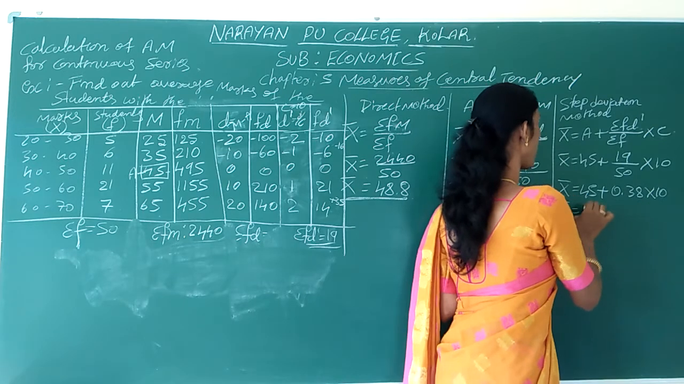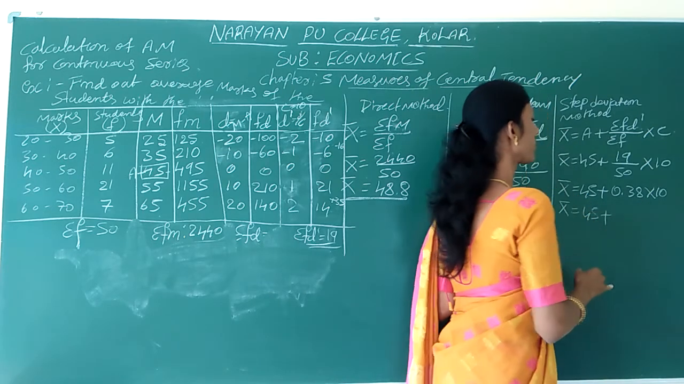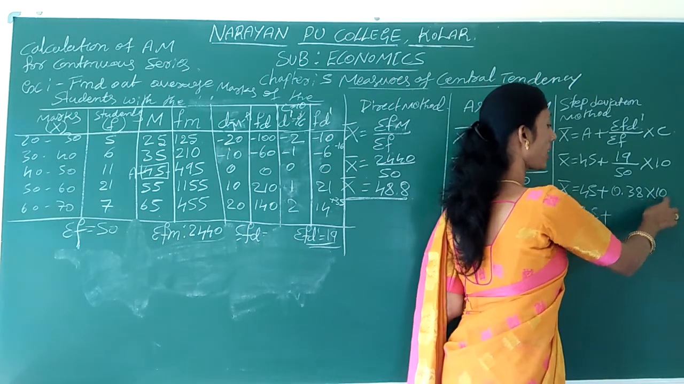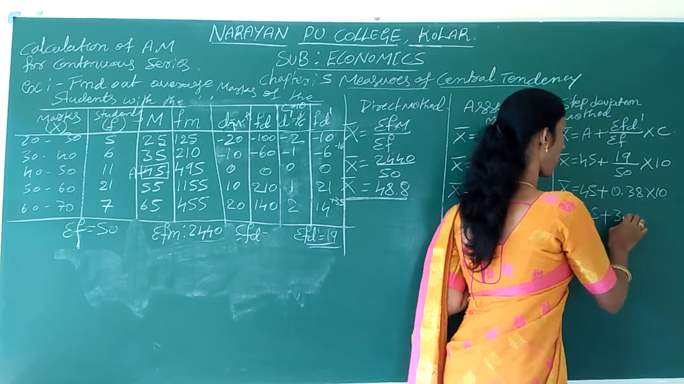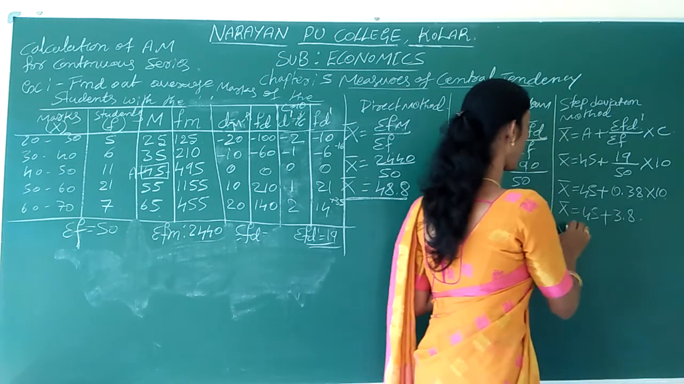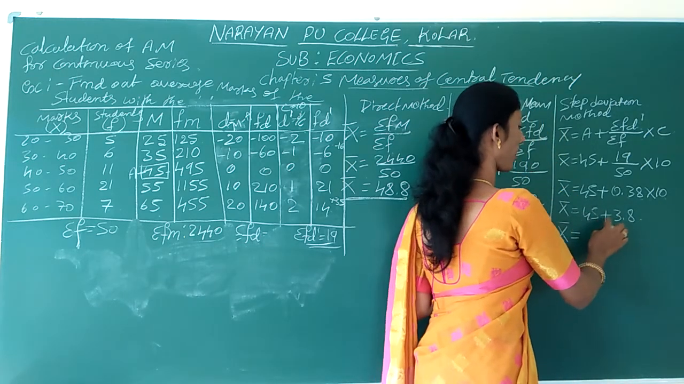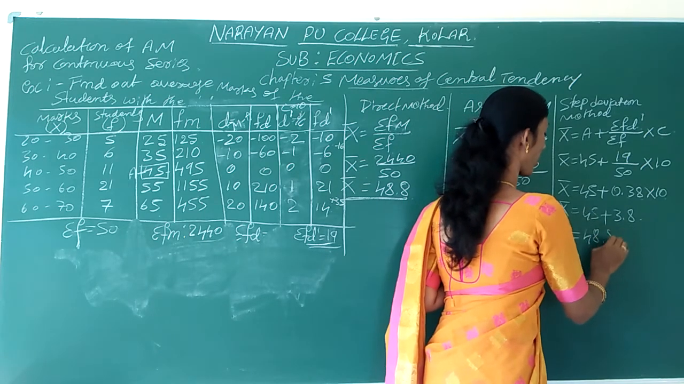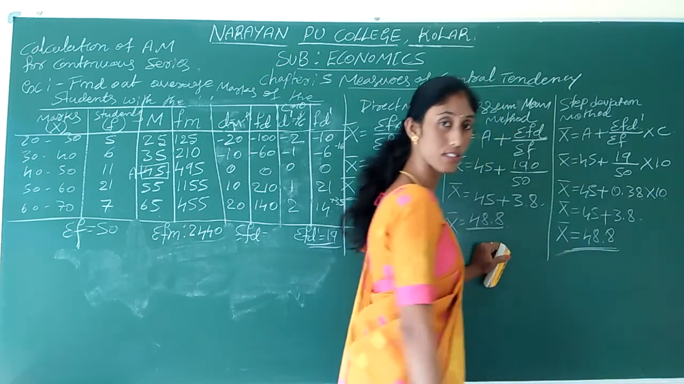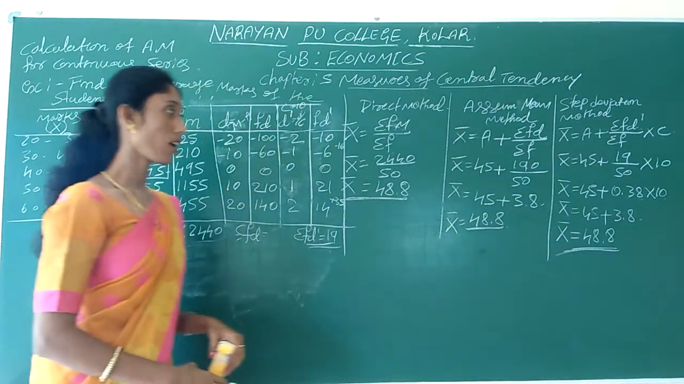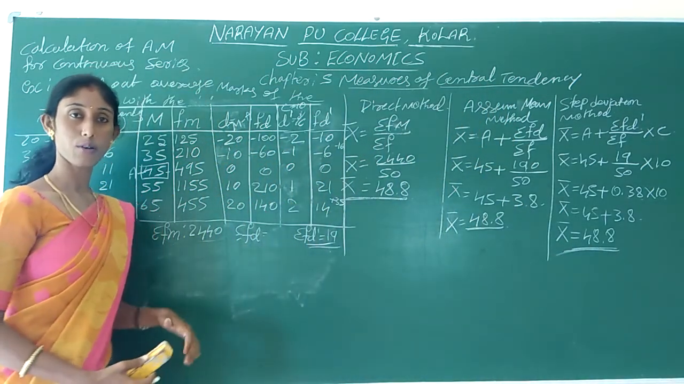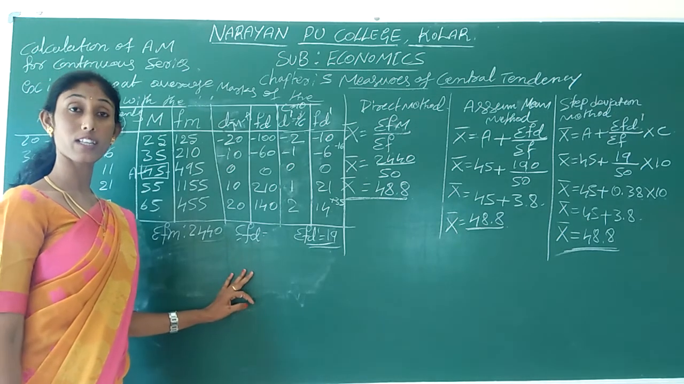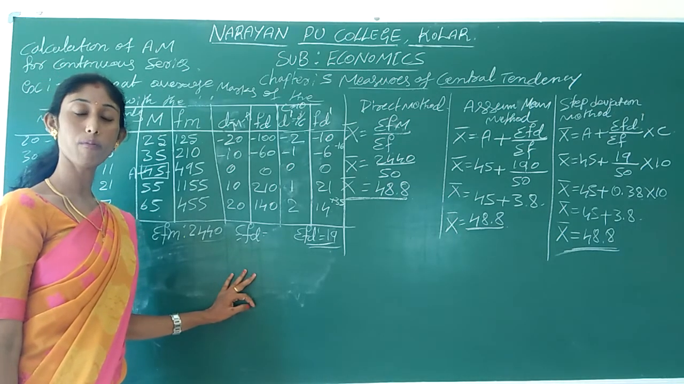X bar is equal to 45 plus 0.38 into 10, 3.8 we will get, and by adding 45 plus 3.8 we will get 48.8. This is the answer. Got it? I hope all of you understood how to calculate arithmetic mean when the data is in group form,